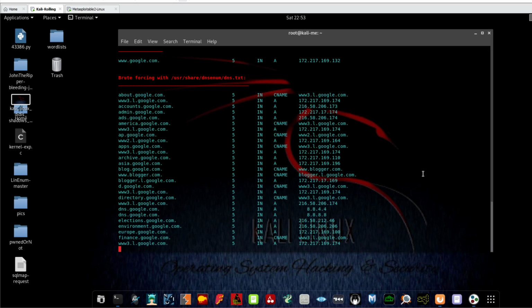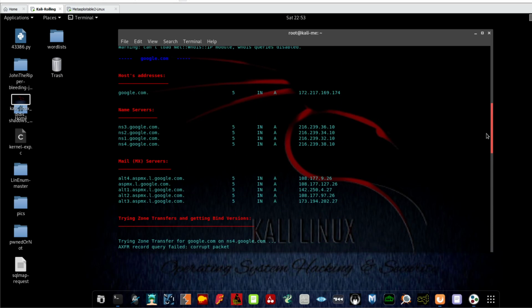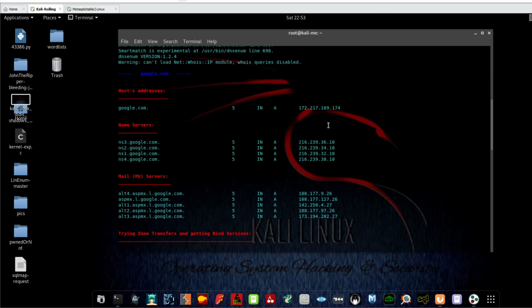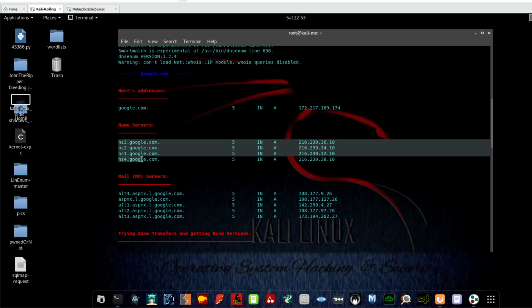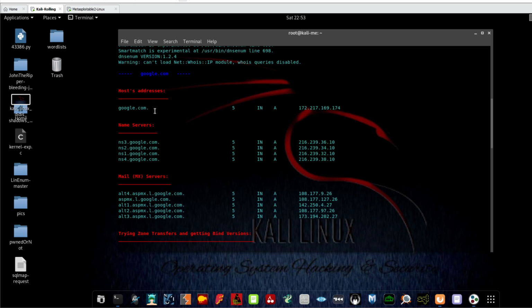A DNS poisoning attack is where the attacker tries to change one of the DNS records to point to his or their own domain servers. An example would be, guys, so the attacker now has information about the name servers. So now he can go ahead and conduct a DNS poisoning attack to change the name servers to his own name servers. What's going to happen is when you open google.com, it's not going to retrieve the content